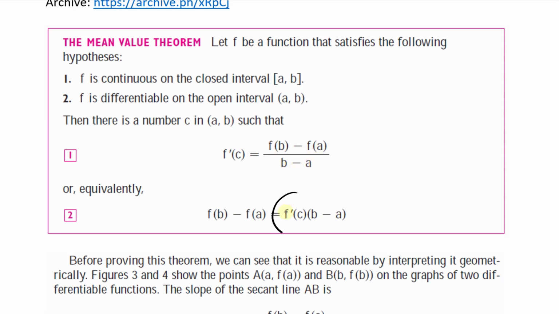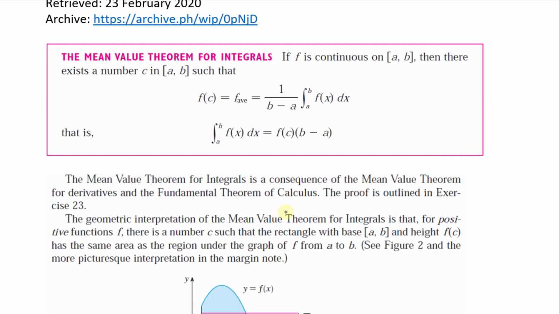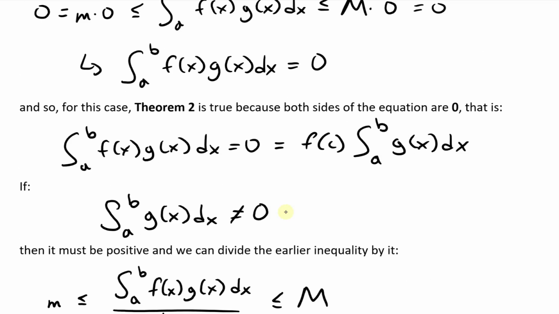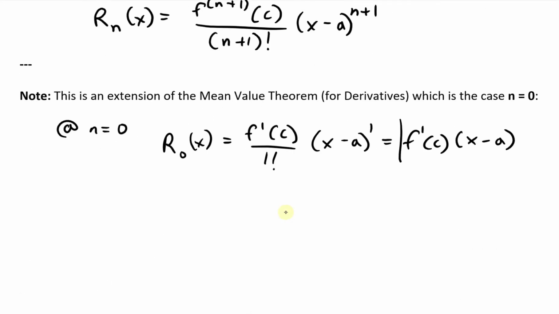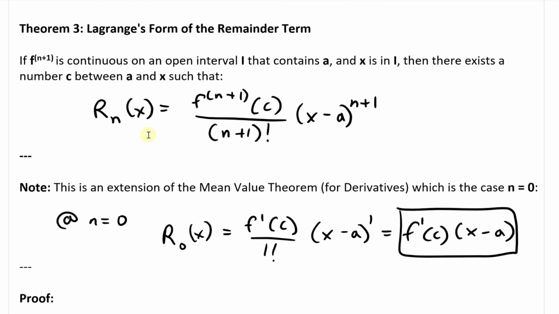Move that around, so we get f'(c) times (b minus a). So this R_0 could be considered just an extension of that mean value theorem for derivatives. Very interesting part. I'll just circle this part there. Alright, now let's look at a proof for this